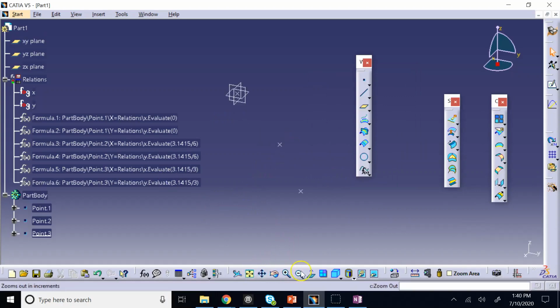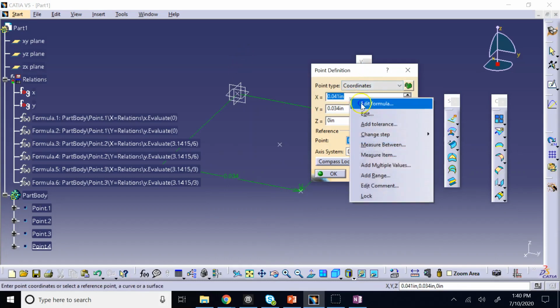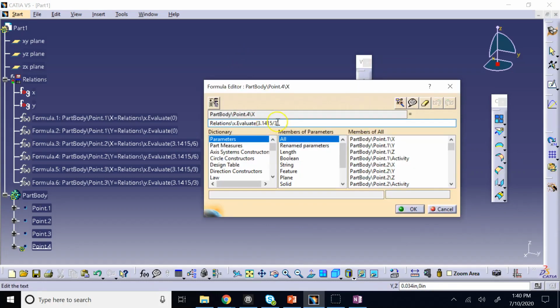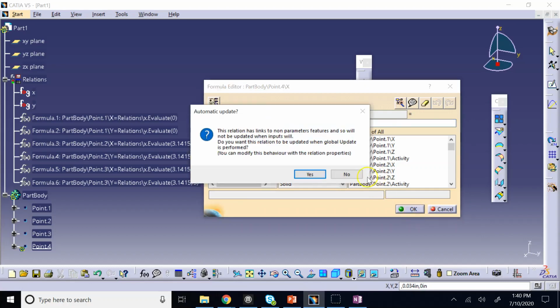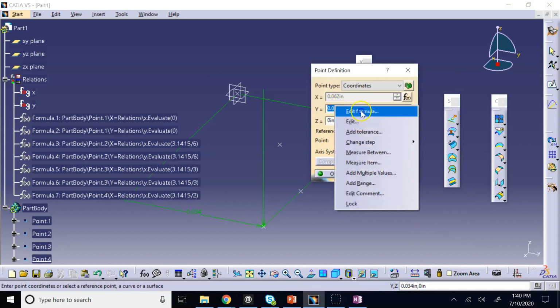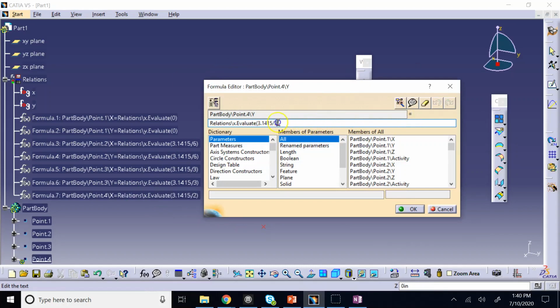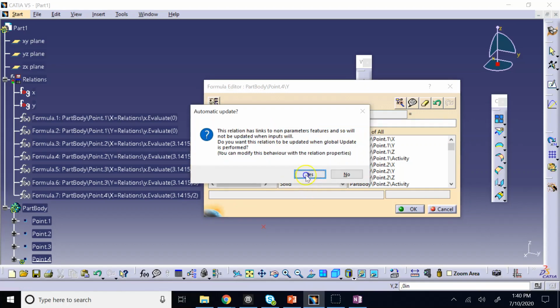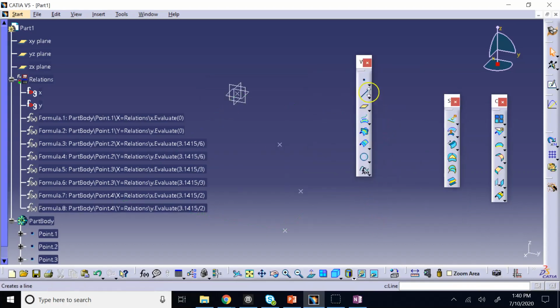If I do zoom to fit and zoom in, you can see the points. And then I keep going, right? Let's just do a few more points. So this time I did pi over 6, pi over 3. Now I have to add another pi over 6 to it, so it's going to be pi over 2. And then again here, pi over 2. So I get my fourth point,